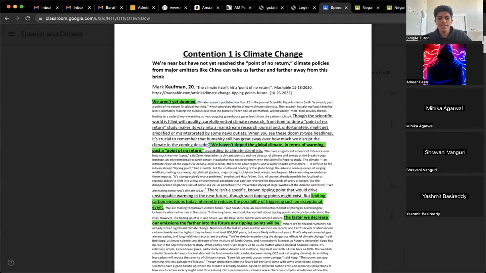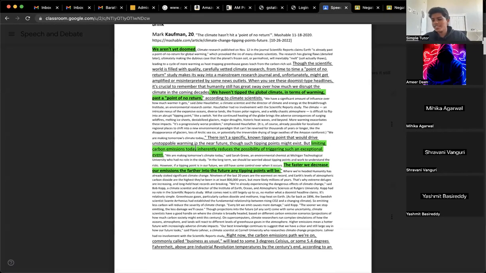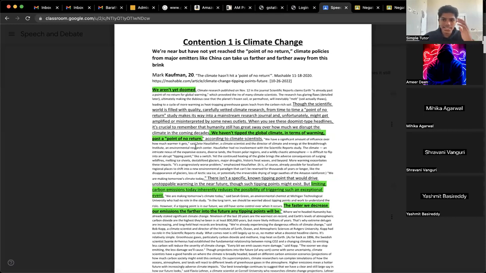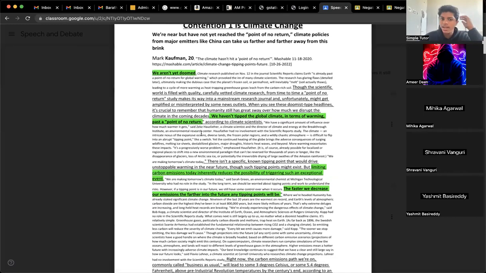We haven't tipped global climate. It's kind of stating that in the negative, this would basically be like, oh, the economy is currently turning downwards, and China's economy is going to collapse, or they're having heavy losses. It's kind of like an intro card, so you're just giving context. You can always have a card like that. This is more of an affirmative, kind of geared towards climate change.